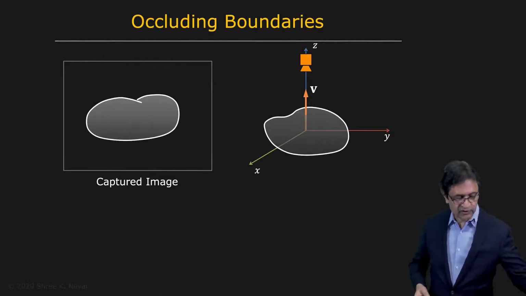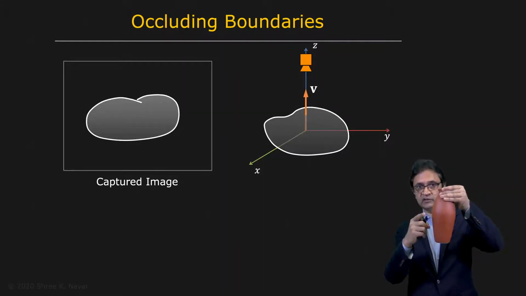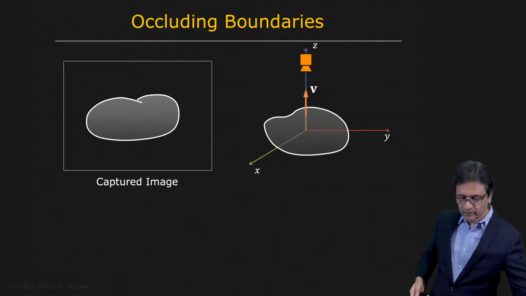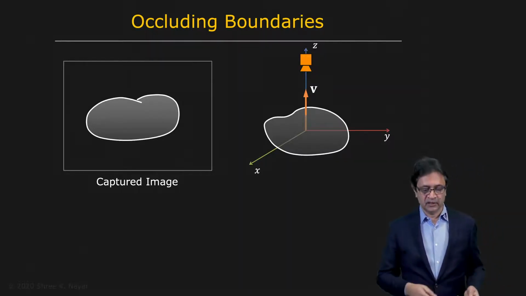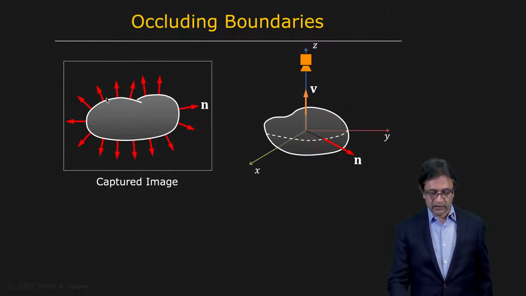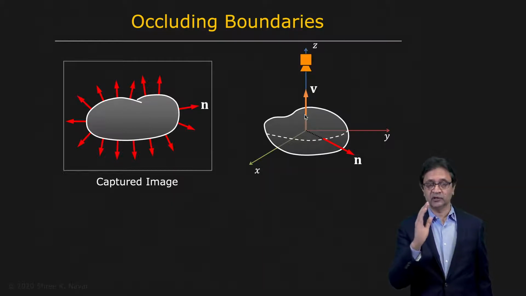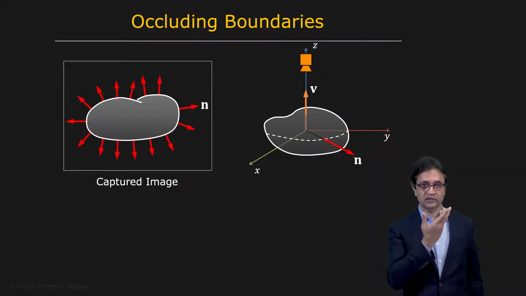So if you look at an object such as this, you're talking about this being the occluding boundary where the surface normal goes away and then turns around, and so it's curving away from the viewing direction, which is the camera right here. So for these points, there's an interesting constraint that we can use, which is that we know that there are surface normals in 3D that are going to lie along the occluding boundary. And let's consider one of these surface normals, this one. Well, this surface normal we know is going to be perpendicular to the viewing direction because the object is curving away from the viewing direction of the camera.